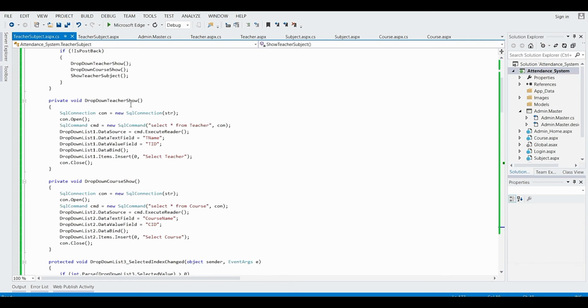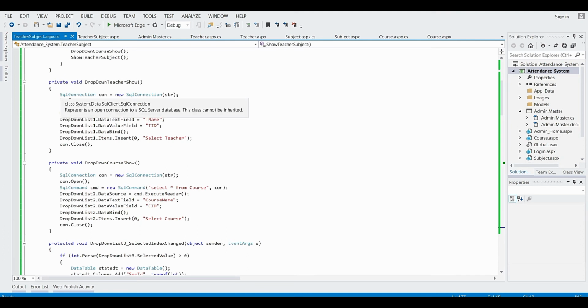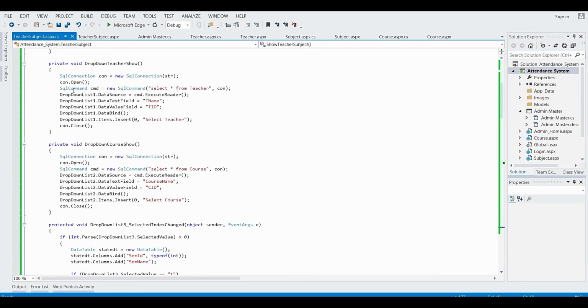In the drop down teacher show function, I have given the SQL connection class, with con as the object name, and I have provided the connection string. After that, I have opened the connection. In the SQL command class, I have given the SQL command, that is select star from teacher.